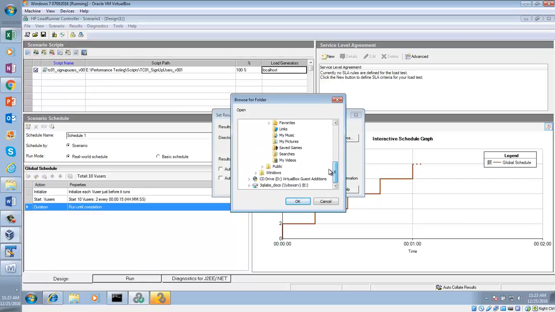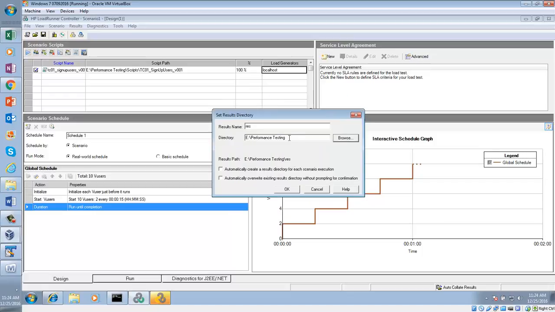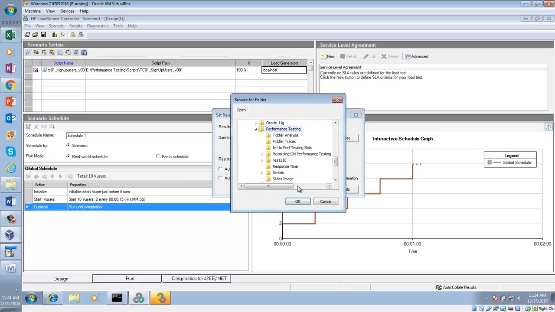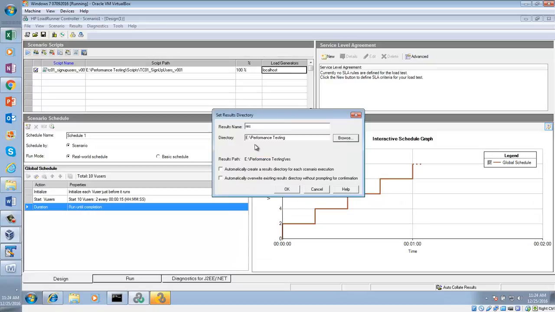Let's say, shared drive. Yeah, I want to save it in the shared drive, and here I have a folder called performance testing. Here I will be creating, actually let me go there. Let's see, performance testing. Do I have a folder called results? Okay, so I'm going to save my results in this performance testing folder, and I want to give in this 2016.